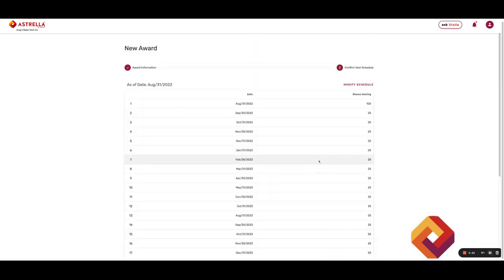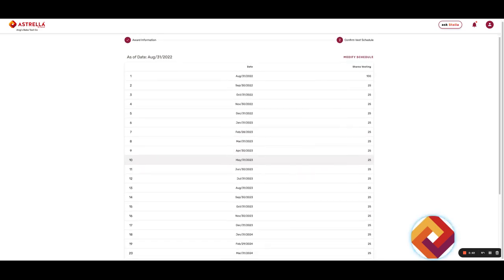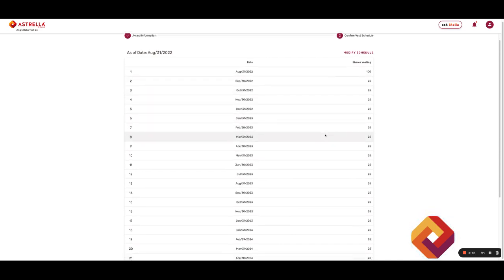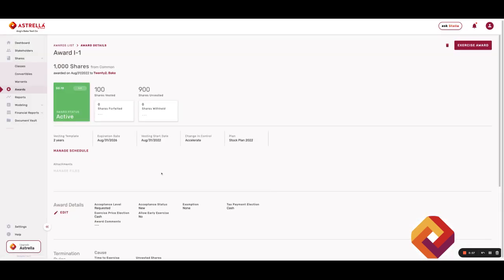next screen. I've entered the information for the award, and the next screen it brings you to after entering the information is the vesting schedule. Here you can see the vesting schedule associated with the award and also modify it if needed. We'll go ahead and hit done here. And after clicking done, you'll then see the award itself, where then you can choose to exercise the award if